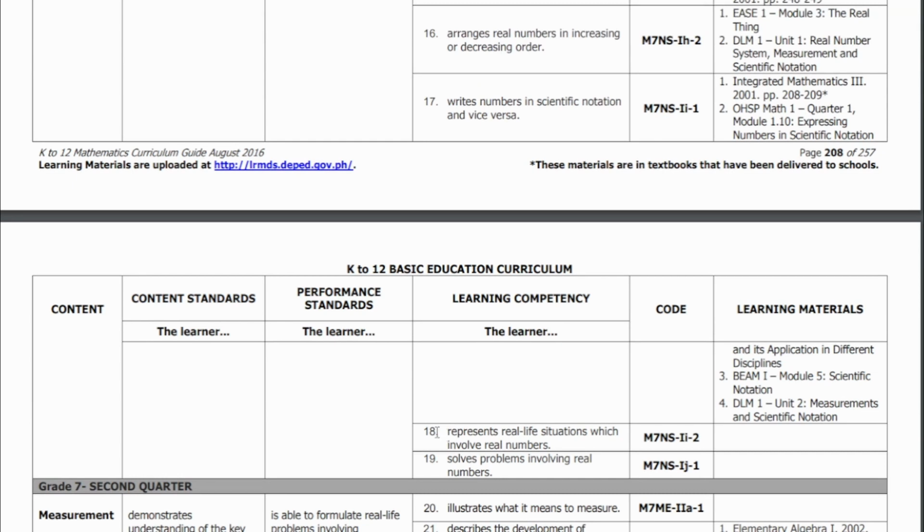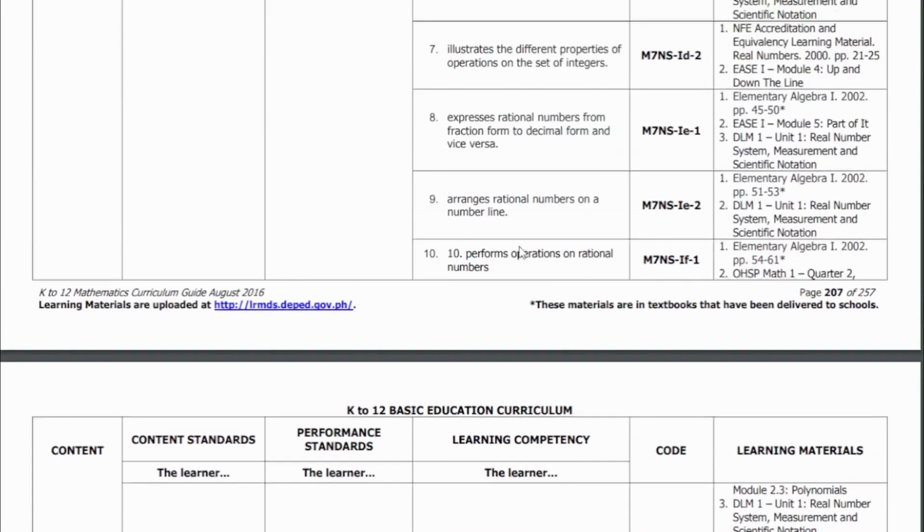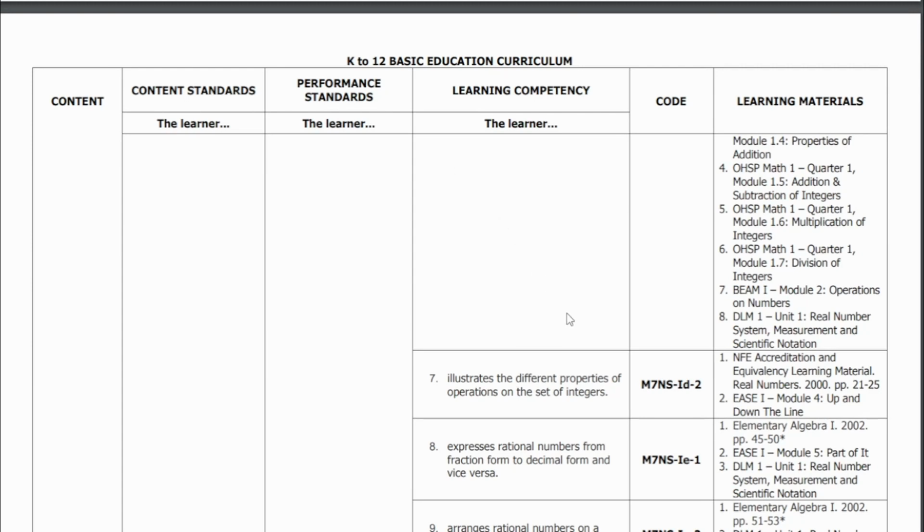After that, of course, we will have to represent real life situations which involve real numbers, which are basically just word problems, and then solve problems involving real numbers. Again, word problems, right? So hopefully there's just going to be 19 videos on the first quarter of grade 7